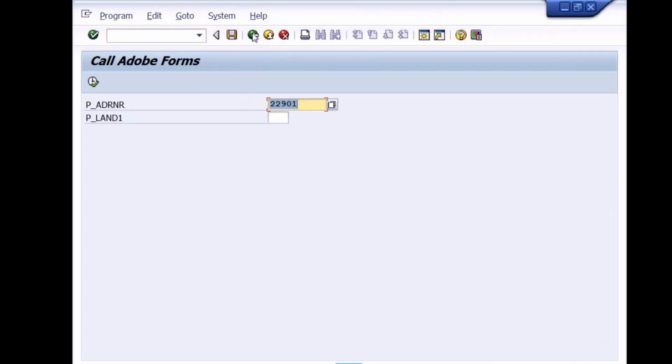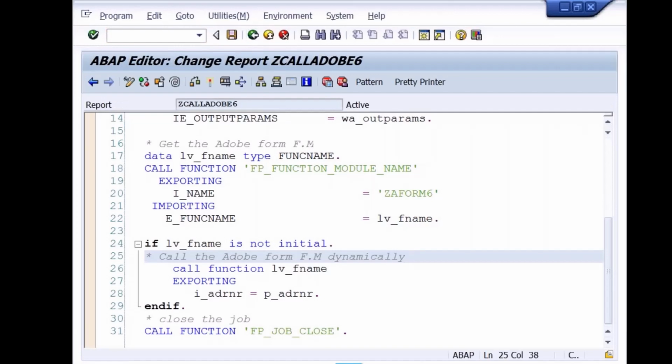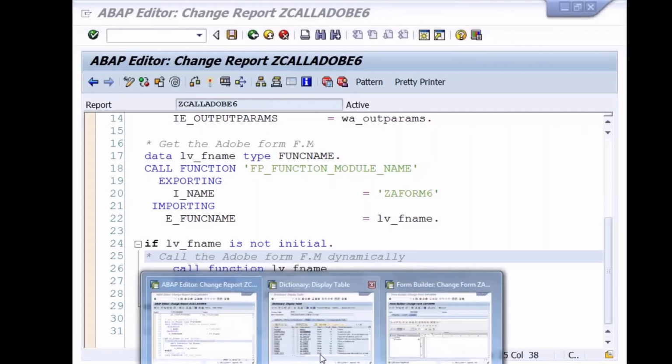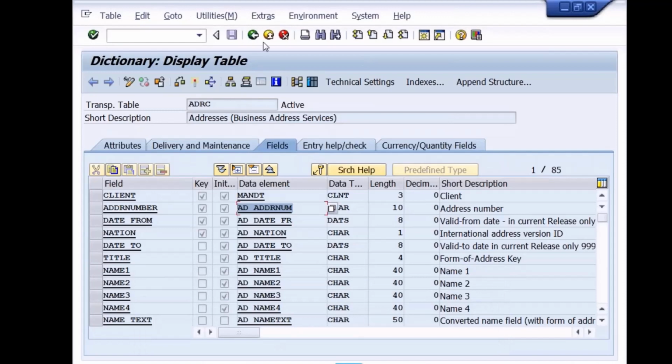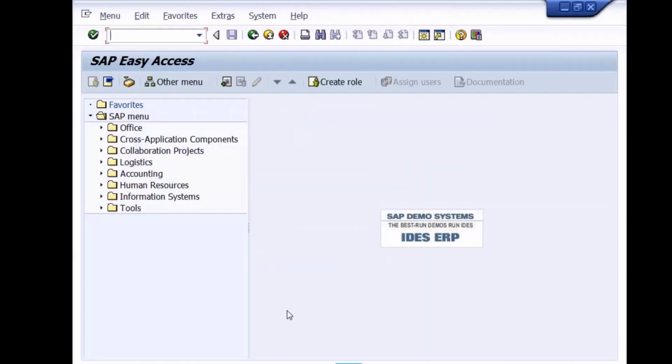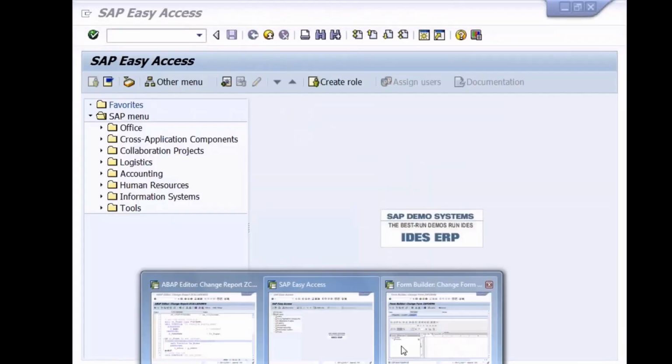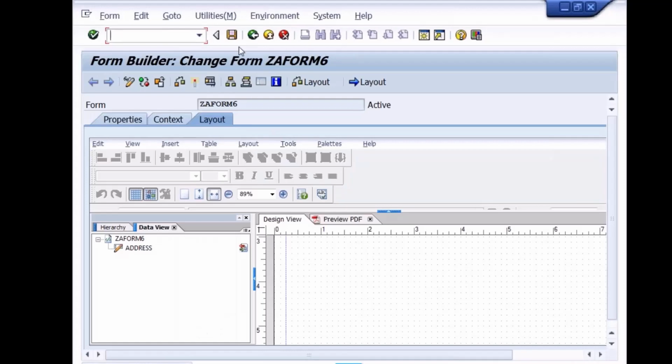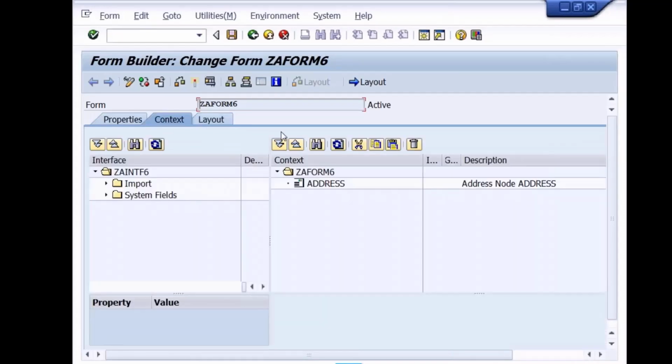What is the next requirement here? We should display what? Logo. What is the parameter which is carrying that? I underscore what? Logo is a parameter. It is a what type? X string. So see the change here. Go back to the context. In the context, address, I hope it's clear now. Just take the address and provide the address number here.